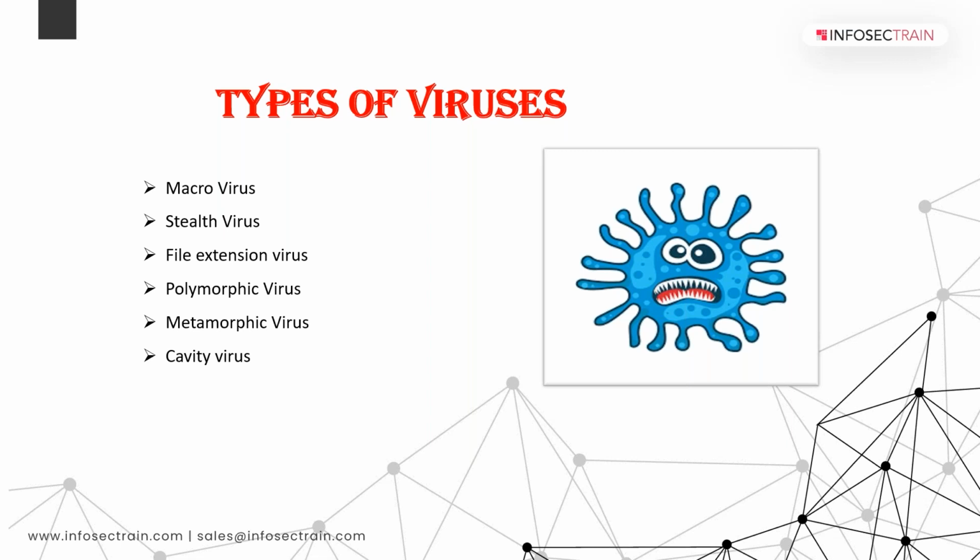And we have the polymorphic virus. What is this polymorphic virus? Whenever the system is infected with a polymorphic virus, whenever it replicates, whenever it runs, the same code with a different algorithm will be generated. Whenever the hacker's polymorphic virus replicates in our system, the same code will be executed, but by using different algorithms. So that is the polymorphic virus. You have to remember the keywords: same code and different algorithm.